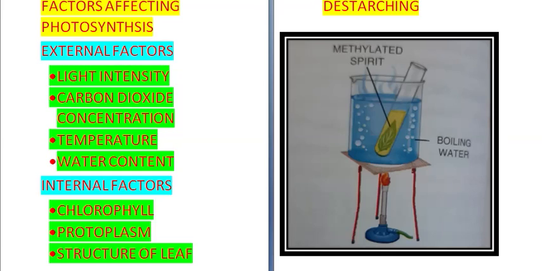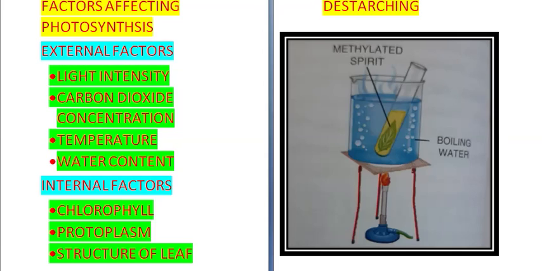Plants respire, taking in oxygen and giving out carbon dioxide. In light, the effect of respiratory activities is not seen because photosynthesis is taking place, but in darkness respiration alone is taking place, so you can see the impact. At night, some desert plants and epiphytes are able to release oxygen even during the night because they perform photosynthesis. They use a different pathway for it, which is called the CAM pathway. Examples of such plants are aloe vera, tulsi, neem, peepal, etc.